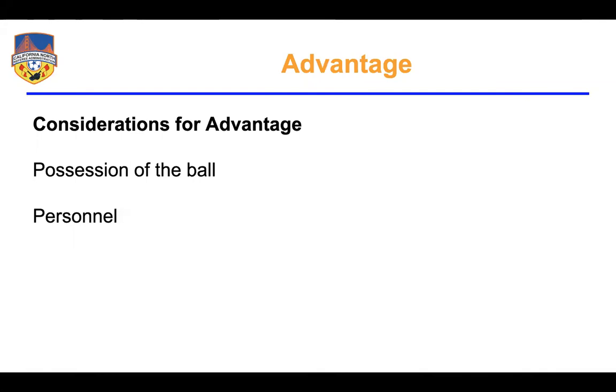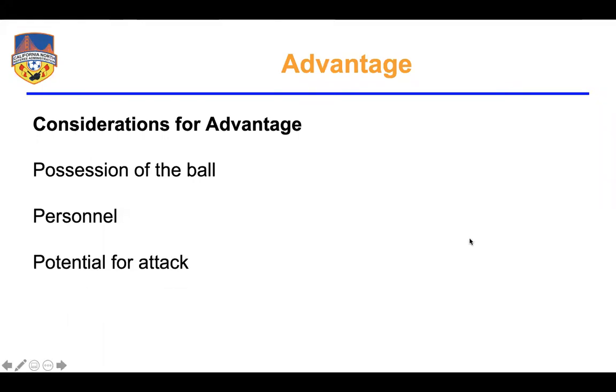Another thing we want to look for, and this has to do with personnel, is do they have options? Are there options for that attacking player if you choose not to call a foul? If they're pinned down way in the corner, they get fouled, but they keep the ball, and some of the other factors are present, but they don't really have any options to play the ball, then maybe there's not an advantage present. And when we're talking about options, of course, we mean other teammates to distribute the ball to. So if they don't have any options, the personnel is probably not going to support wanting to play advantage.